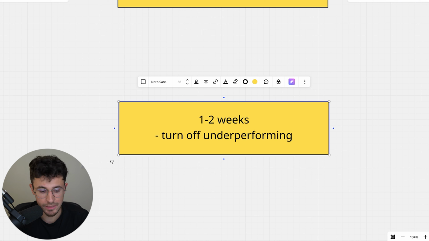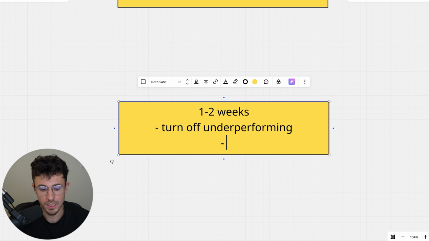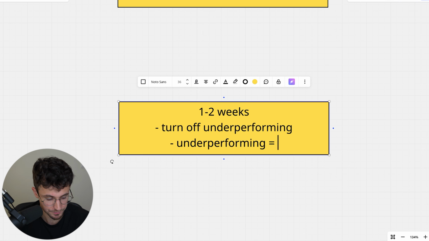underperforming. Now, underperforming are those ads that are getting a lot of spending, but they're not getting conversion. So if there is an ad that is spending like $2, let's say, in 14 days, there is no need to actually turn this off. What you need to turn off are those ads. So underperforming, it's basically those ads that are spending